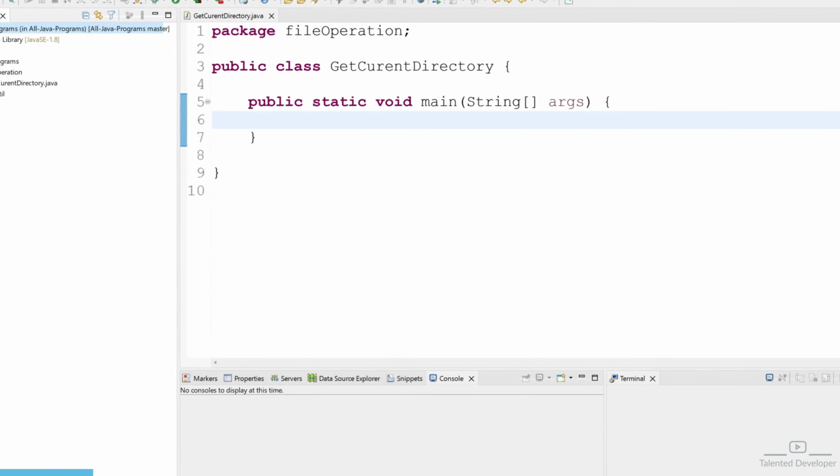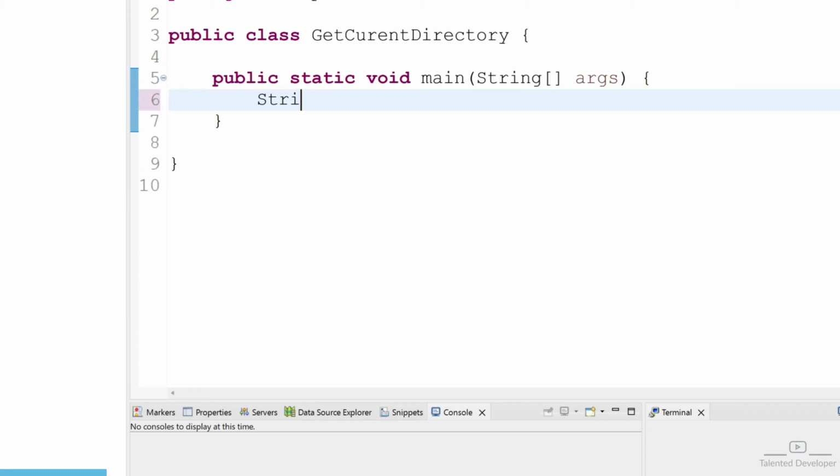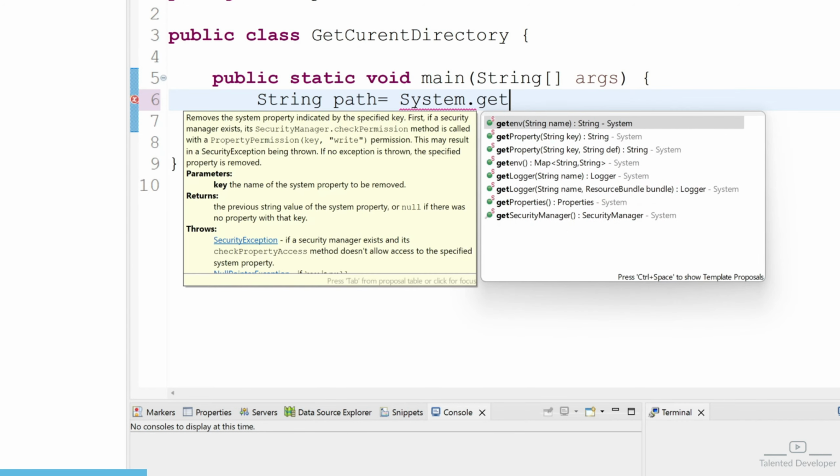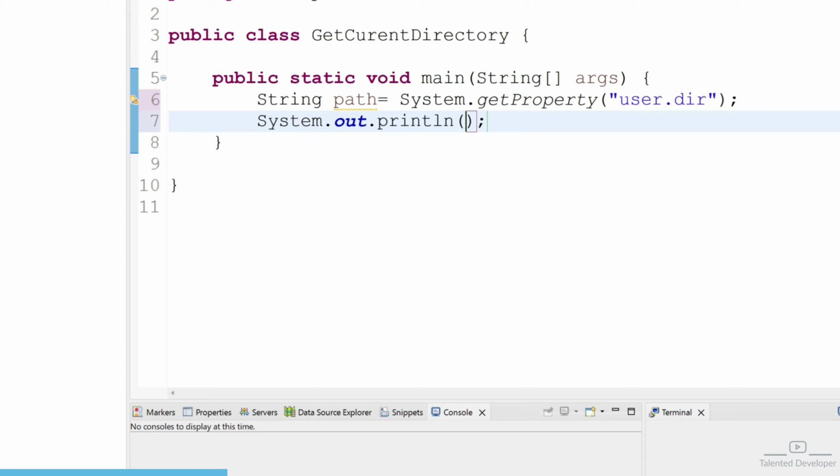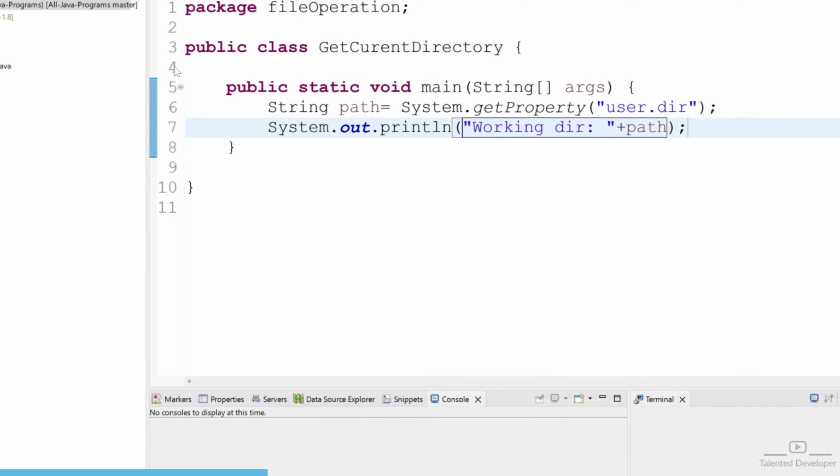current working directory. So what you can do, just declare one string and you can give the variable name as path, and what you can do, just use System.getProperty. Here you have to pass the key. So what you can pass here, just try to use user.dir, that means user directory, and try to print this one. So just try to put the message like working directory and try to put the path and just try to